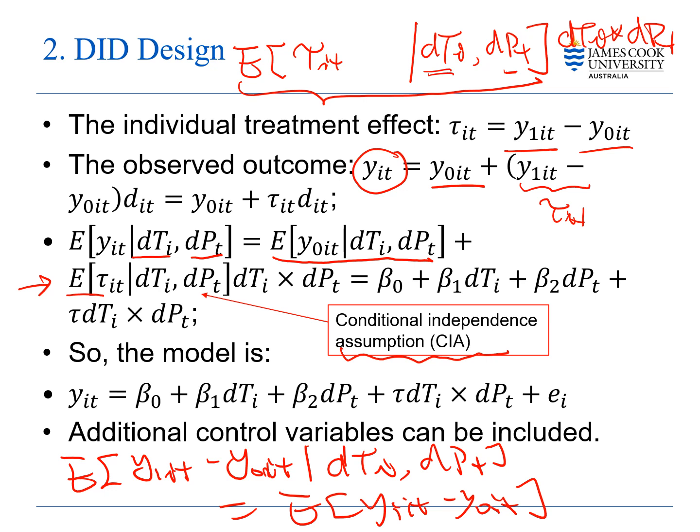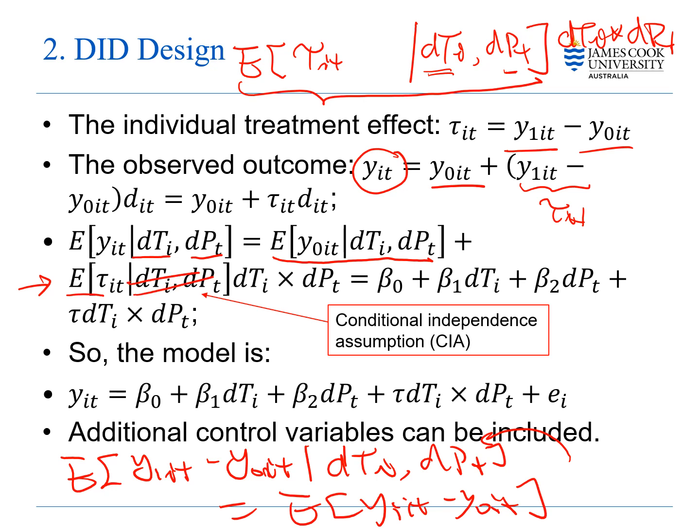You can loosely think that we want the policy implementation time to be exogenous, and the selection of the treatment group to be exogenous. Otherwise, we end up having what is called selection bias. Okay, so given these conditional independence assumptions, we can